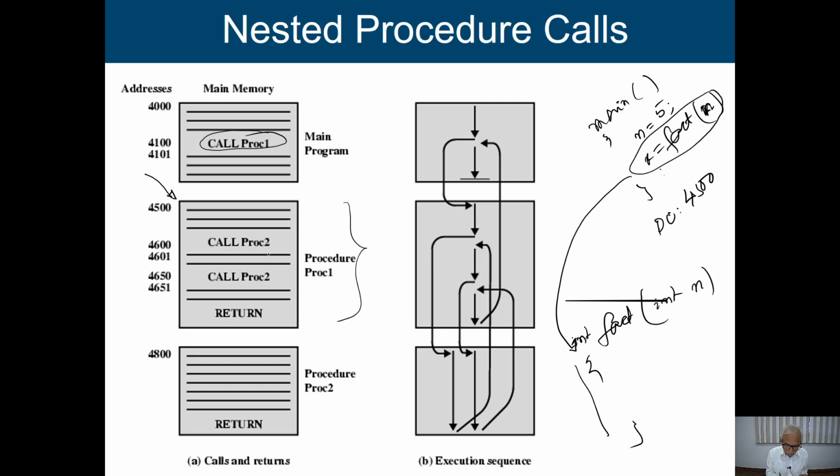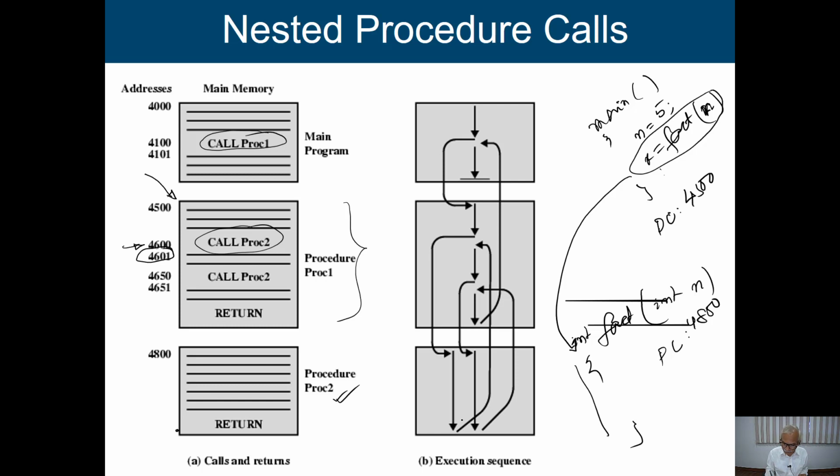Now when I execute it, again I am calling procedure 2. Say at 4600 I am calling procedure 2, and that means the program counter value will now be loaded with 4800. I execute it. After completion of these things, there is a return. Now I have to come back. So where do I start from now? From this particular 4006 memory location, I have to keep track of this. So I have to keep this information somewhere so that after completion of procedure 2, I can come back to this particular position.